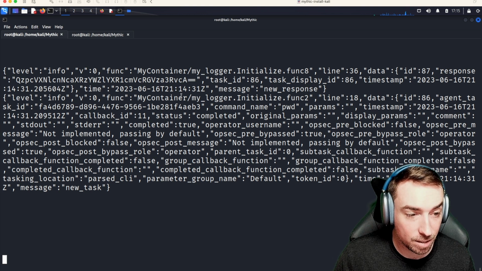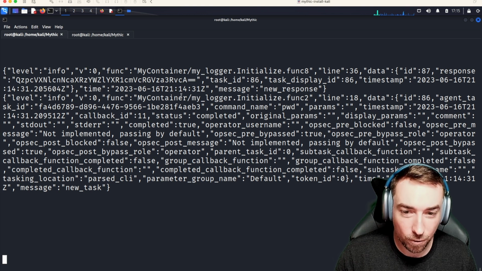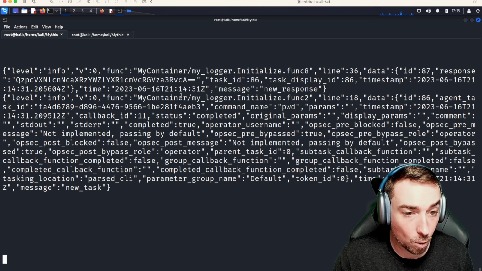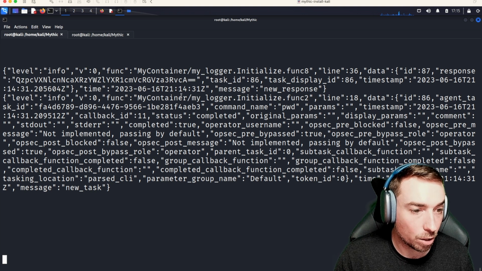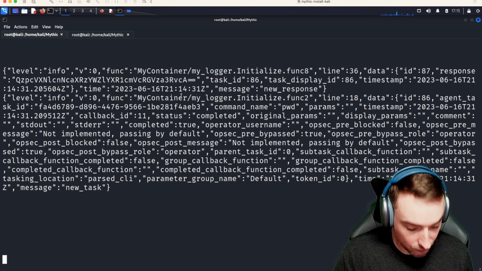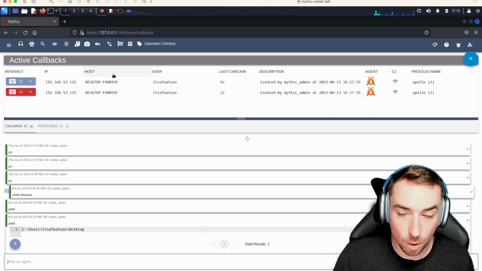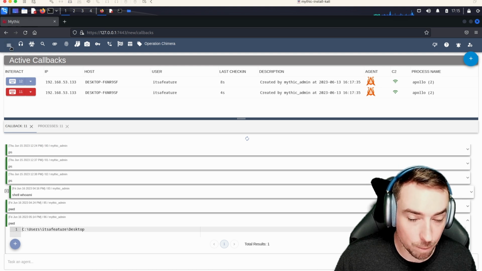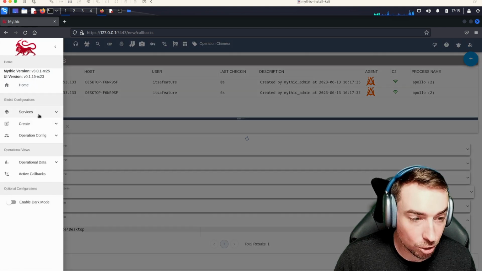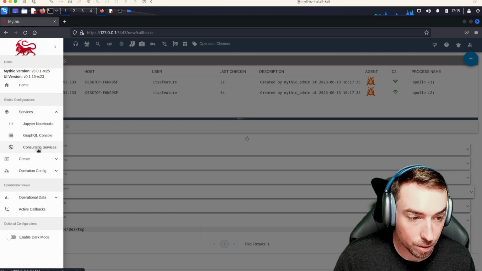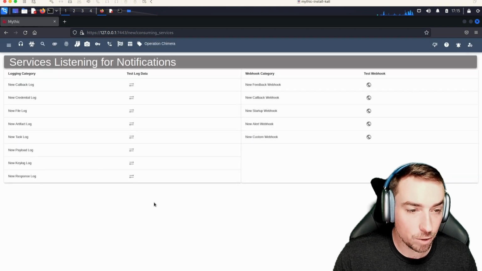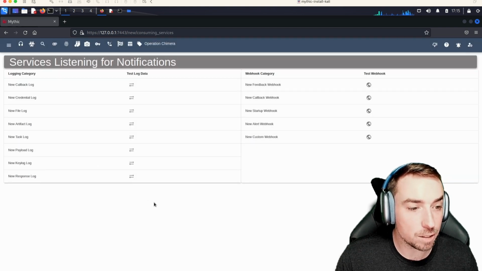Now, if you want to test this sort of stuff, make sure that if you are doing modifications to it, that you are getting all the right values and you're able to properly process the data. What you can do is come here in the Mythic UI, select the hamburger icon, then select services, consuming services. So what this does is give you a kind of test portal